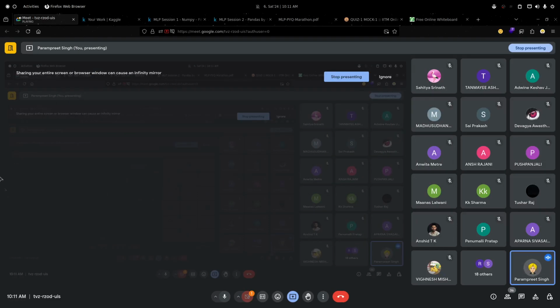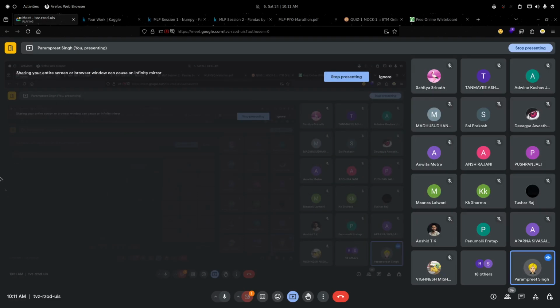Then if we call sum on it, we get how many null values we have in each column. So in age we have 0, in employment we have 1286 null values, and so on. If we do the sum again, we get the total number of null values in our complete data frame. So we are just calling sum again and again.